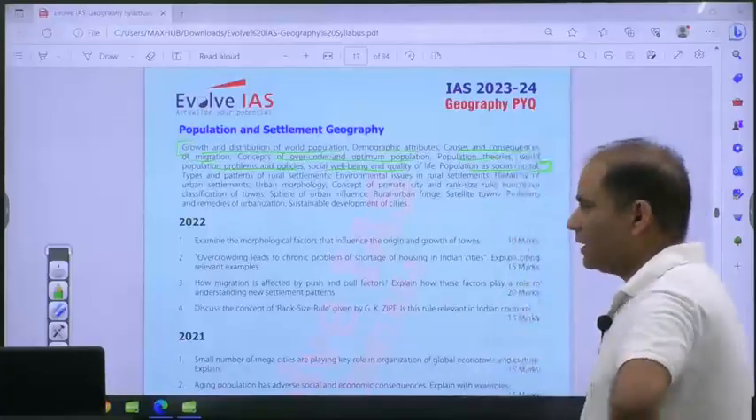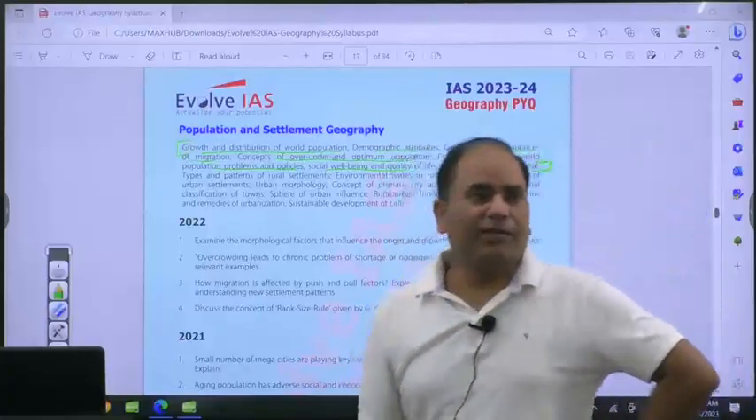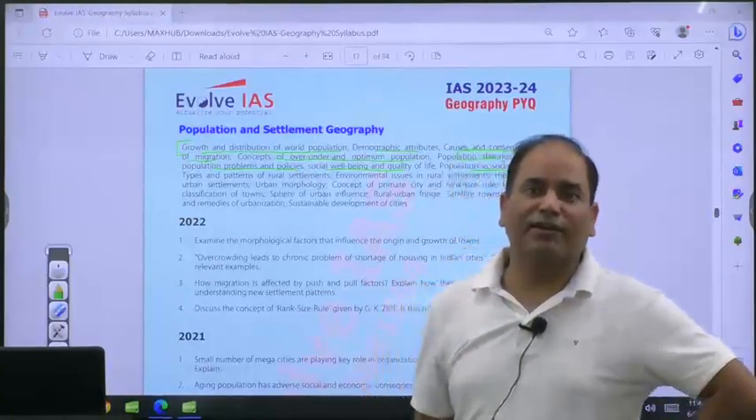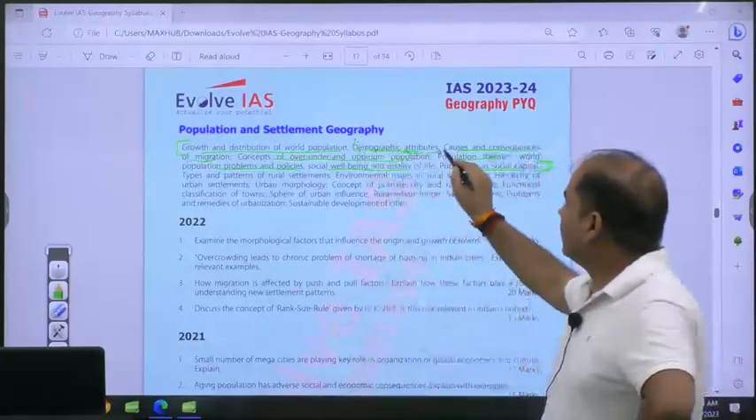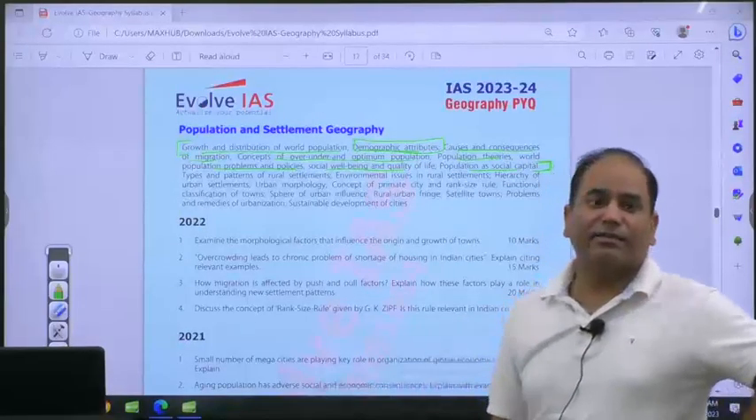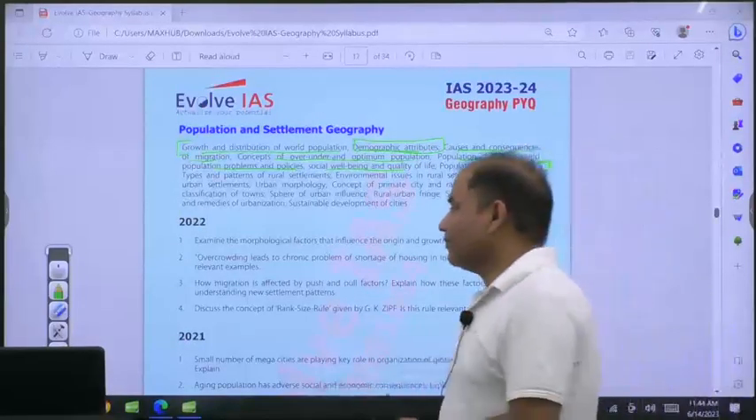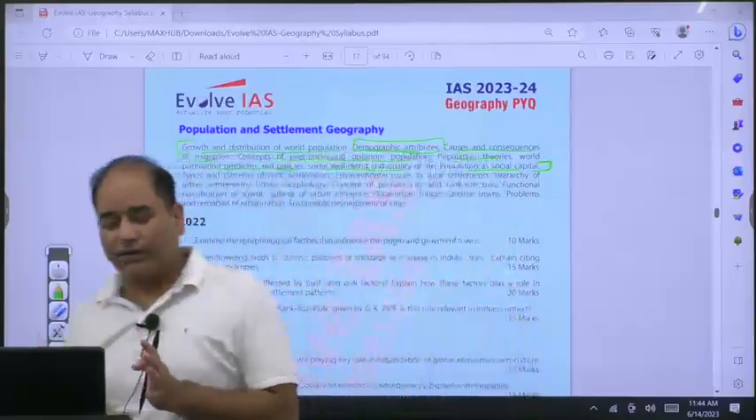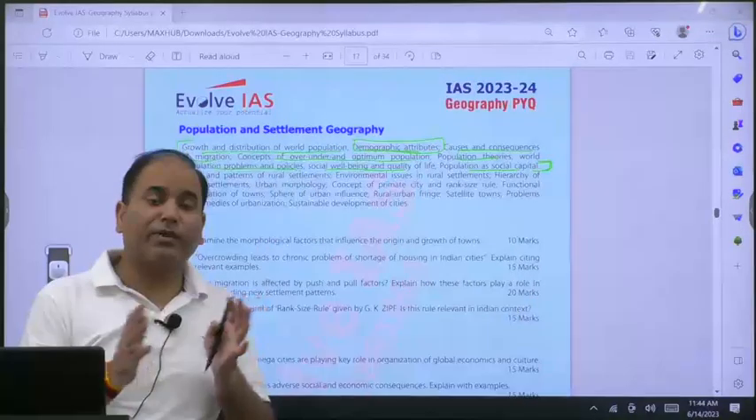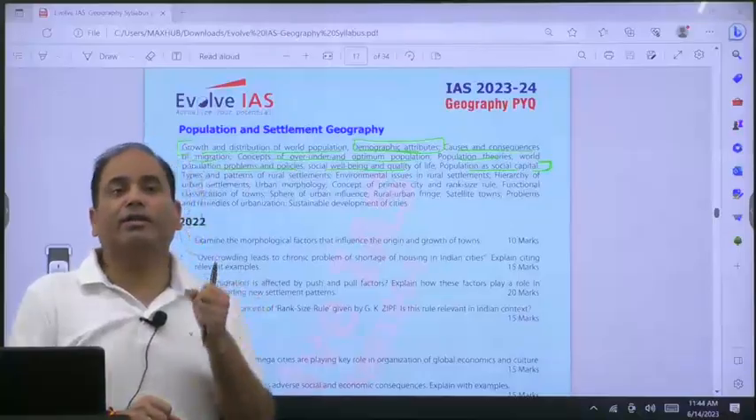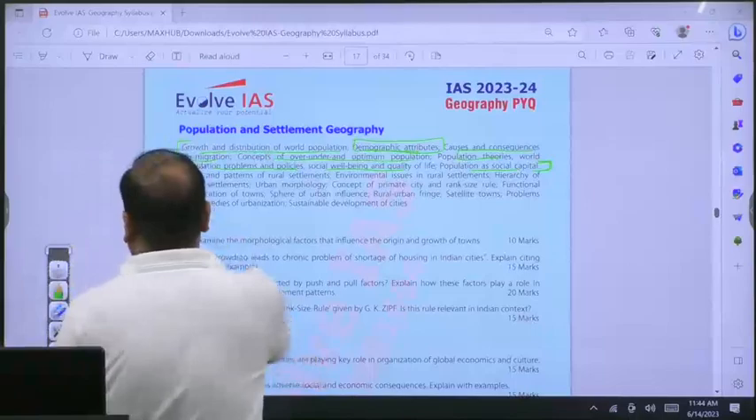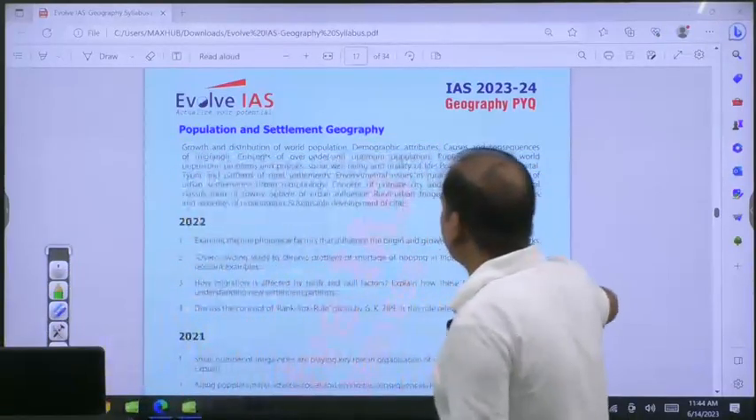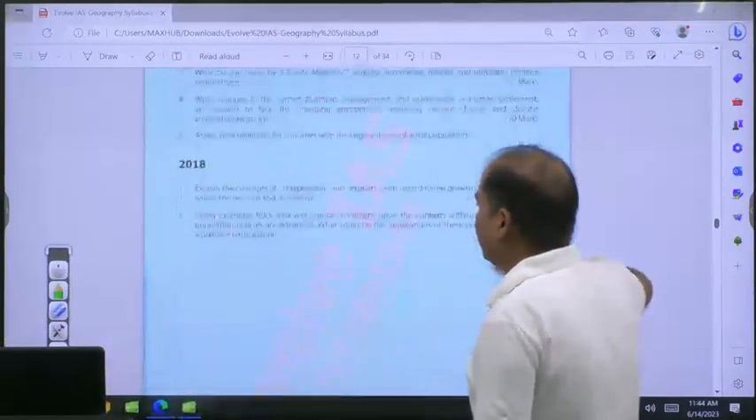But there is one topic where you will find it unclear what to study, that is demographic attributes. So demographic attributes is part of here, but what to study under the demographic attributes? That is why it is important for you to first of all understand that it is both in paper 1 and paper 2, and also you need to refer to the topics of paper 2. So in paper 1 we have this population and settlement geography. So from here we will do population, and in paper 2